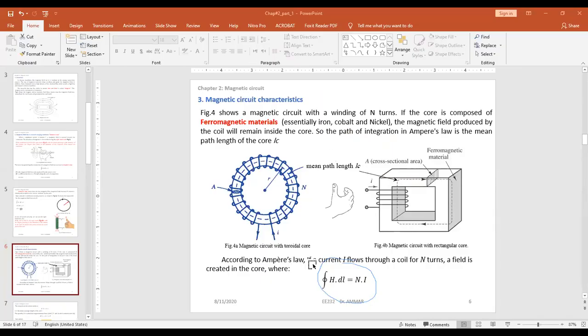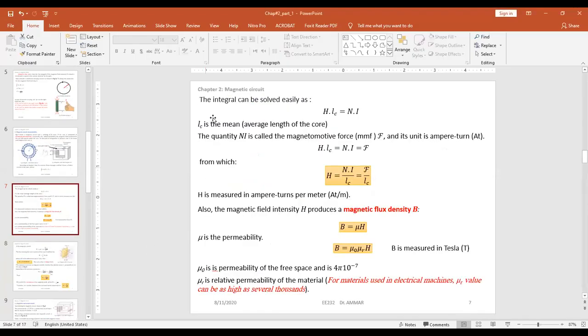It's Ampere's law in case of the coil. It's the same as the previous, we just add the number of turns. So this is concerning the design or the construction of the magnetic circuit. The solution of this integral is directly HL equals Ni. We have seen this on the board, and we define this term as F, the magnetomotive force. It's equivalent, when we talk about electric circuits, we have E, the EMF, electromotive force. In this case, we have